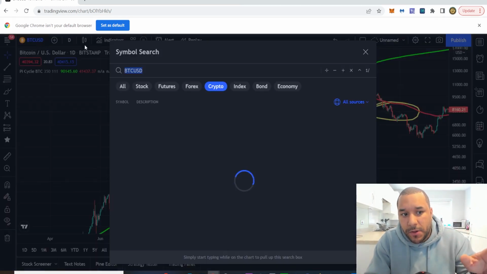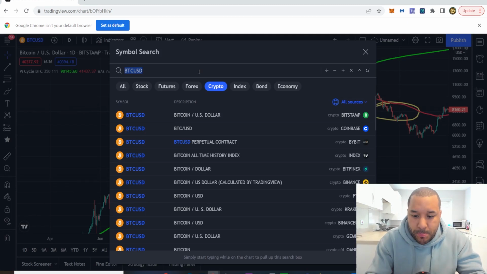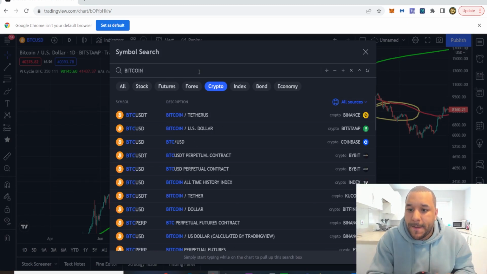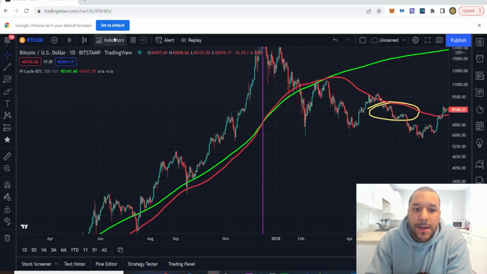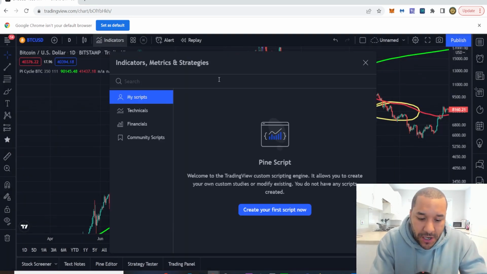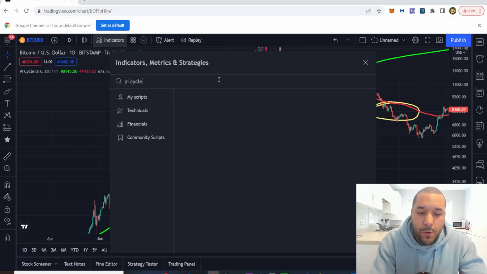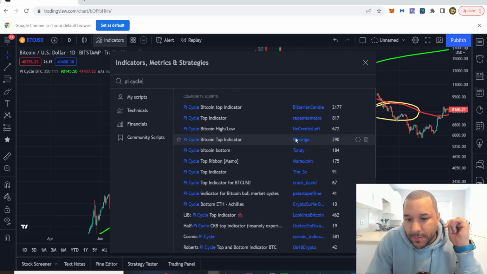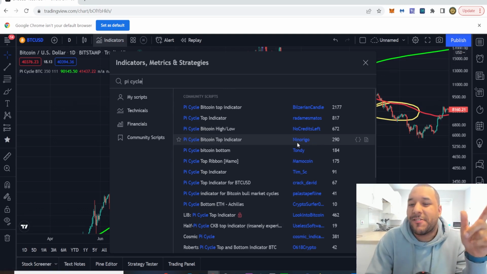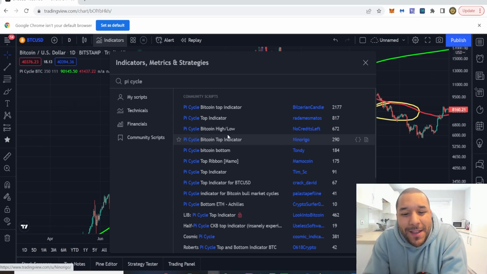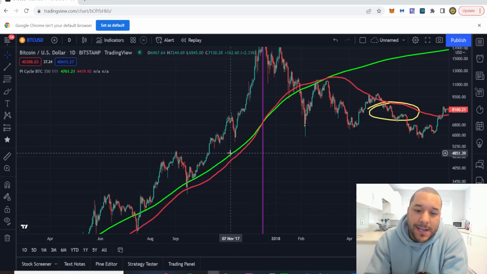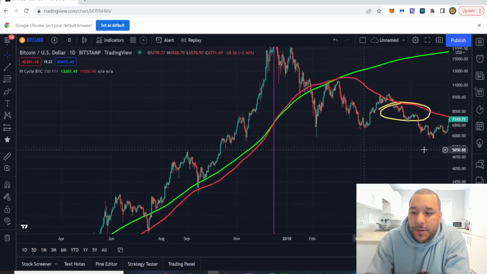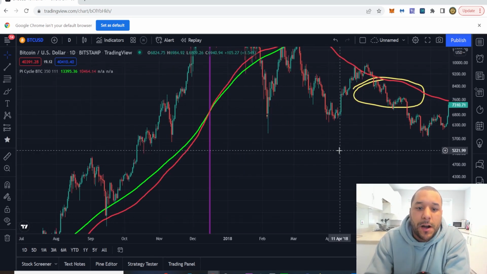Once you come onto TradingView, come over here, select crypto, search Bitcoin, because this is what I use. You can use the Bitstamp chart. Once you've got that up, you want to come into indicators up here, search Pi Cycle, and then add it on. I use this one here where it says Nino Rigo, trying to pronounce it. That's the one I use. And then you can select the colors that you want for these lines here, and then you can go forth from there. So in this case, 2017's top, we had the top,